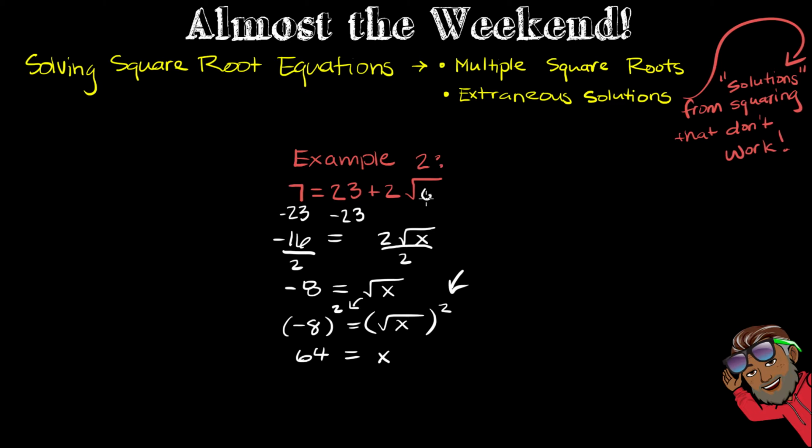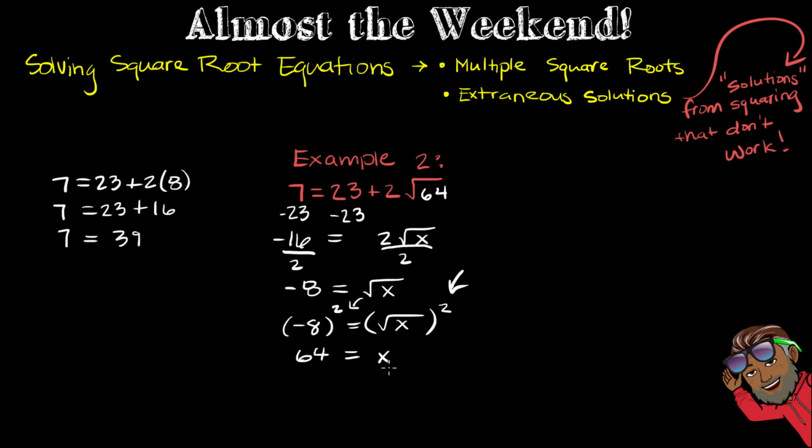So now we have 7 is equal, I'll write it over here, 7 is equal to 23 plus 2 times, instead of saying square root of 64, let's just say what that is. That's just 8 right there. And then we get 7 is equal to 23 plus 8 times 2 is 16. And now we're going to add the 23 and the 16, which comes out to 39. Now, 7 is equal to 39 is a false statement, which means 64,